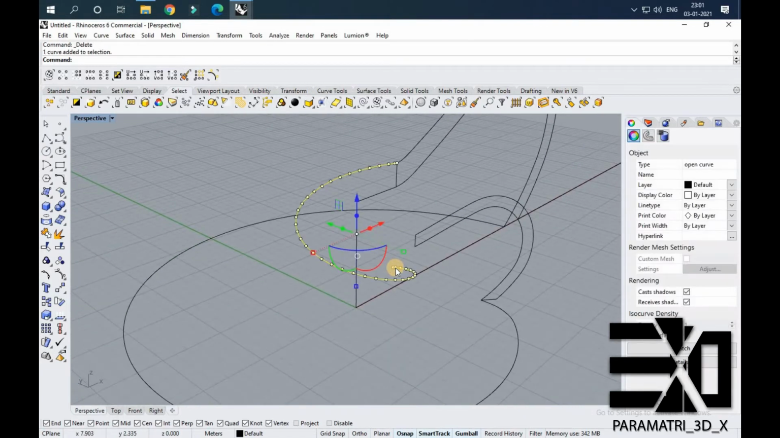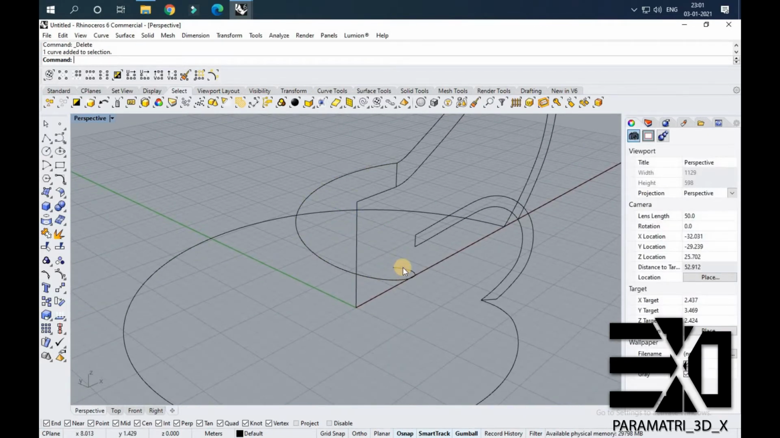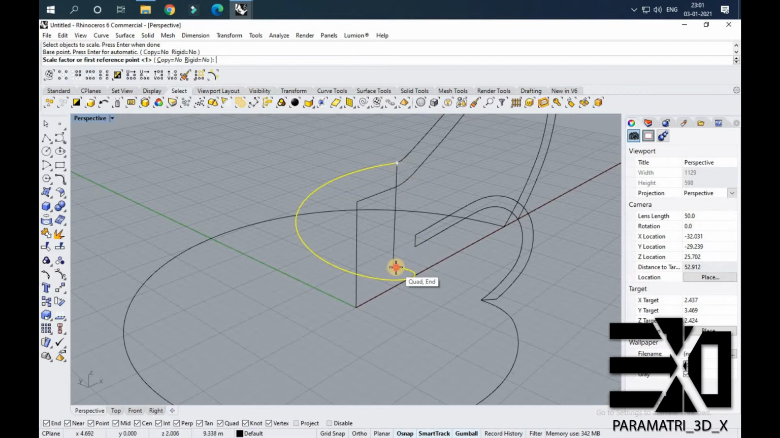Now I'm using Scale 1D. Scale 1D is a command which allows you to scale only in a single direction. It is asking to select the object, then giving enter. Then it's asking for the base point. This is its base point and this is the reference point. So I can scale